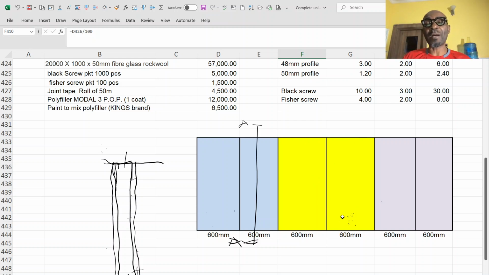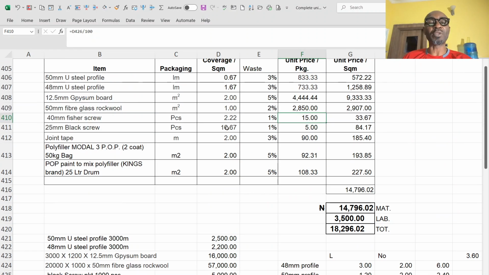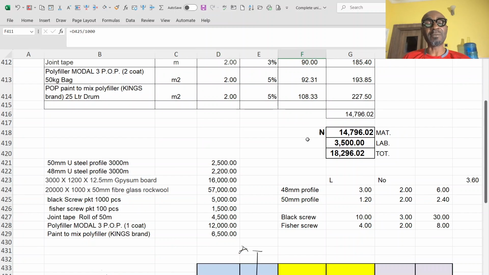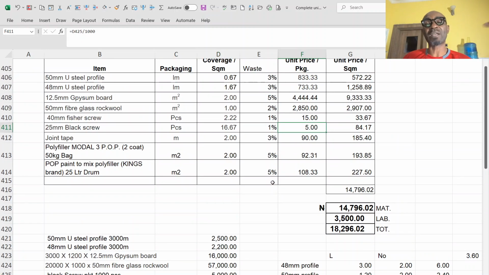But for the top and bottom screw, I'm only screwing to hold it in place on the wall, on the slab, both the one up and down. So I don't need to multiply by two. So I multiply the black screw by two, and I have 16.67 pieces. And when I divided the price of a pack of 1,000 by 5,000, I have the cost per one as 5 naira per piece. Then of course